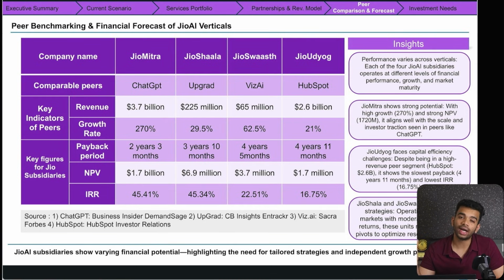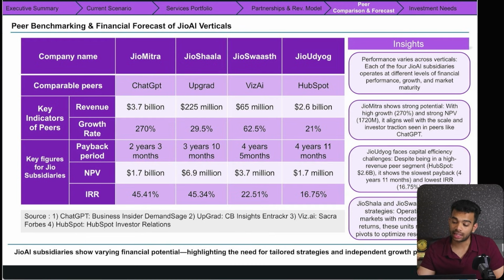We have then gone ahead and calculated using different capital budgeting techniques. We've figured out what should be the NPV, the IRR, the payback period, and essentially all these different finance jargons just mean how long it is going to take for a particular investment to become profitable, how much yield or how much return a particular investment is going to generate. That is something that we have calculated, and that calculation is also going to go into the appendix. I'm going to show you that in a second.